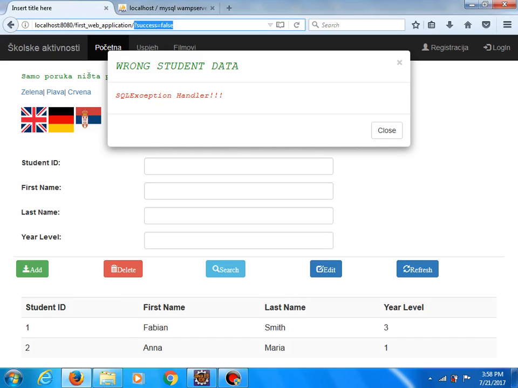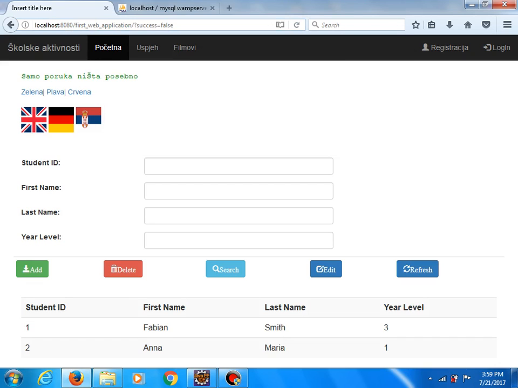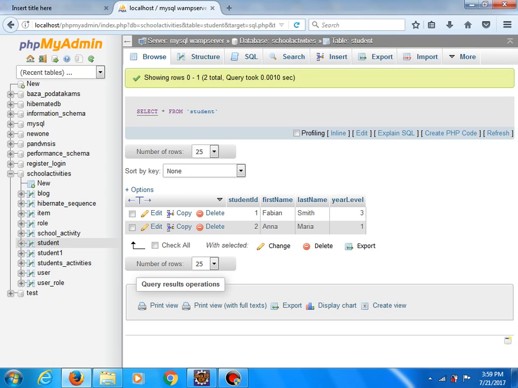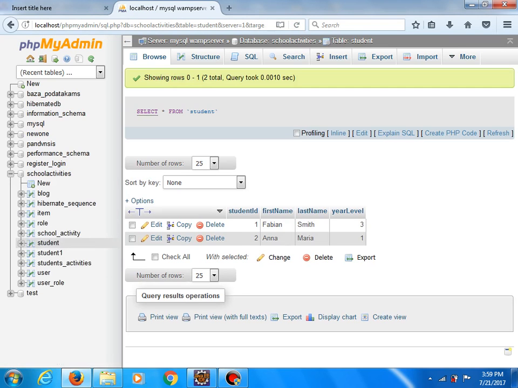So this time we have this modal dialog, wrong student data, SQL exception handler. Okay, and you will see, for example, when we refresh, that new student is not added to our database. We can refresh. But new student is not added because